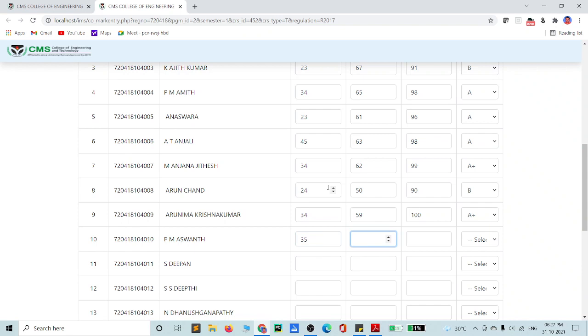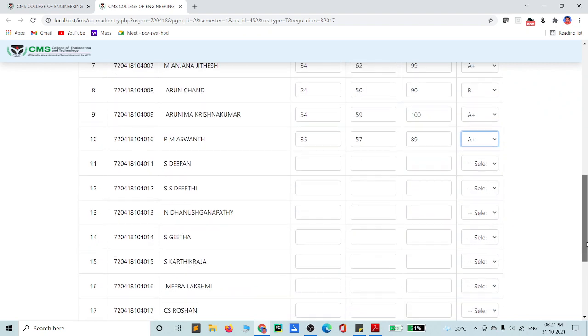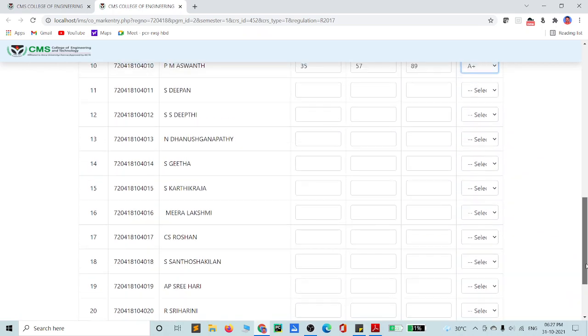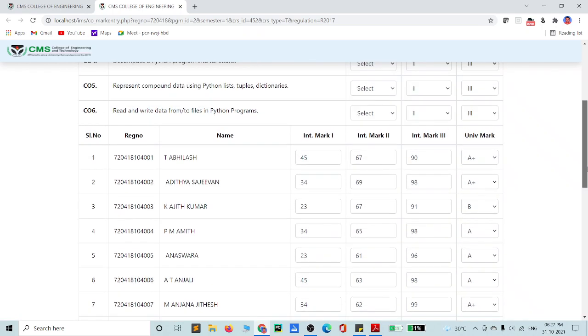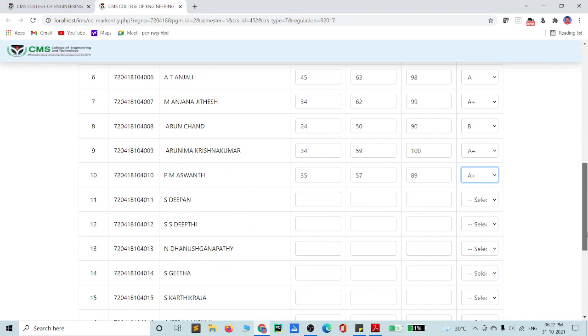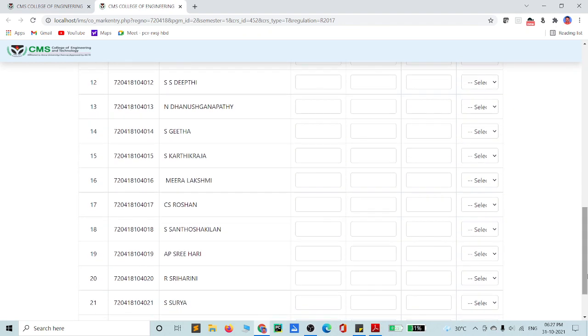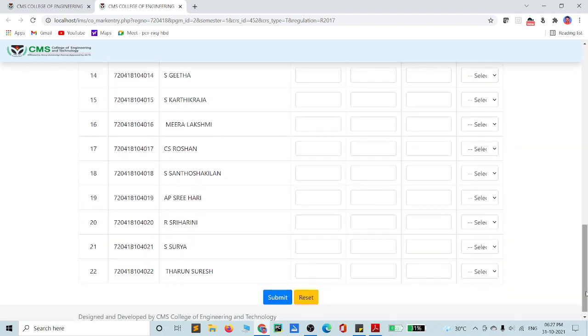So see that this value is automatically fetched from the database. Here 22 members are displayed, but right now only 17 students are studying in this batch in the 7th semester.